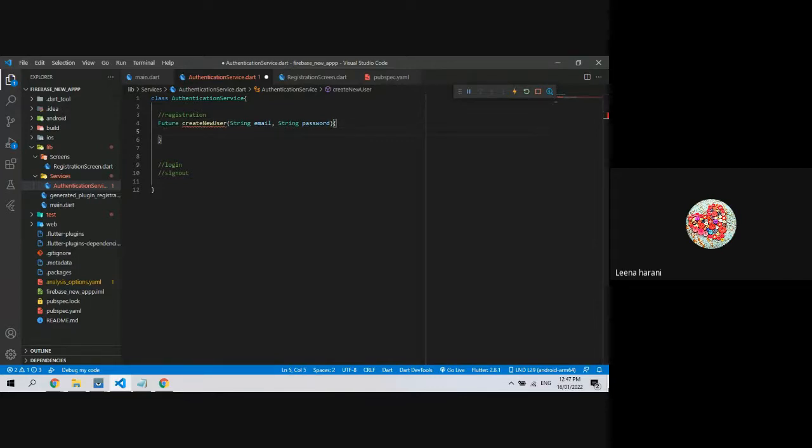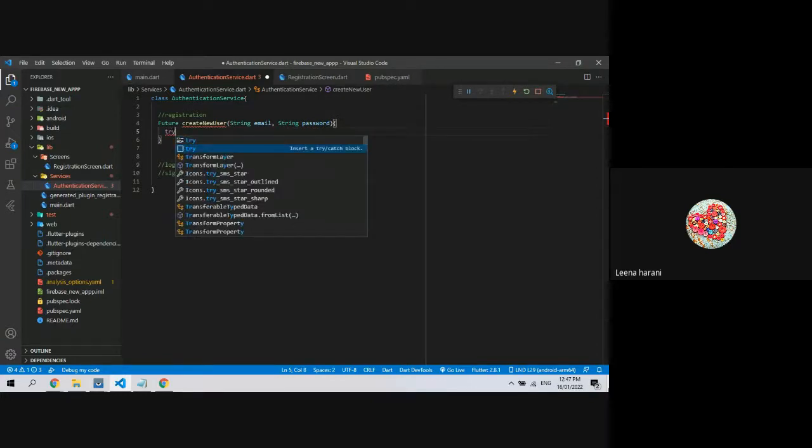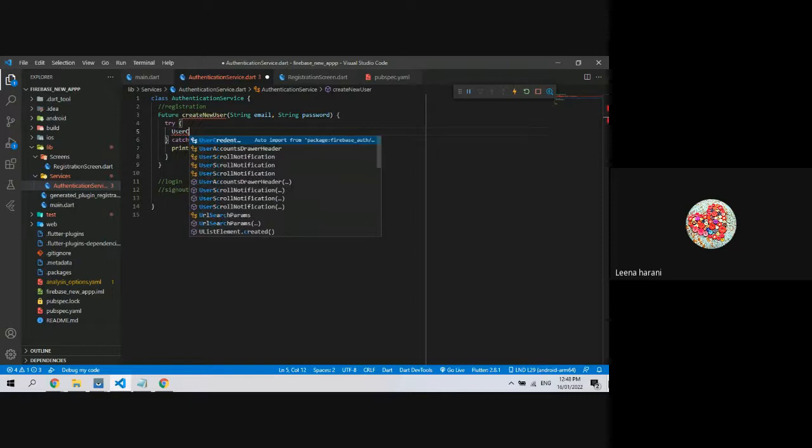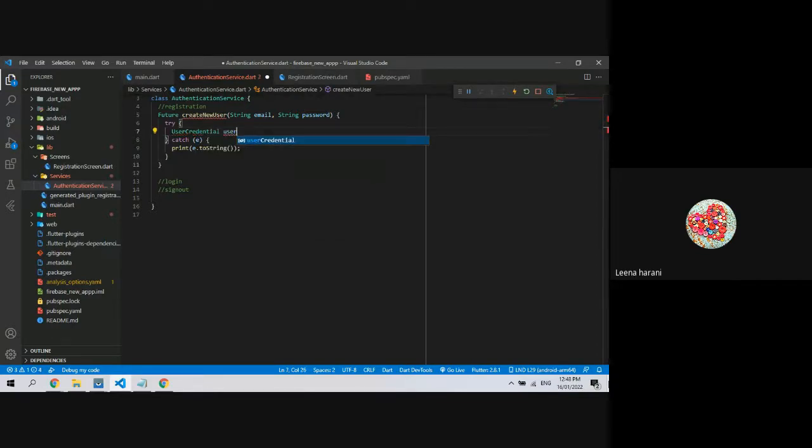Inside of this, we will have our try catch block. So if there are any errors, we must know, and it should not block the UI. So insert a try catch block, and we will print errors. Print e.toString to convert it into a string. Simple. Inside of this try block, we will say UserCredential. UserCredential will auto import from the Firebase auth package. UserCredential equals await,